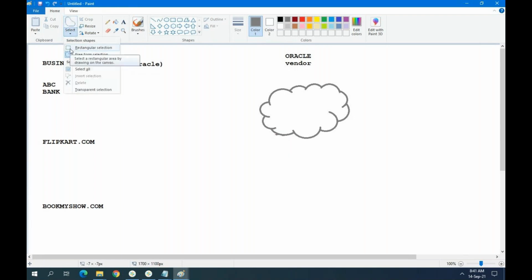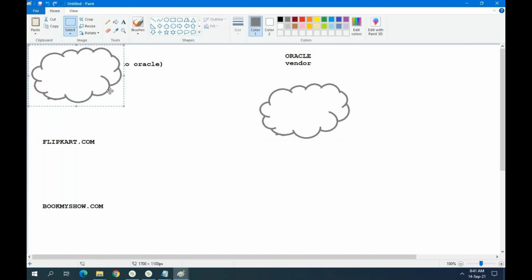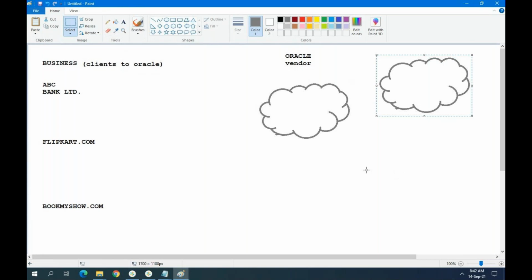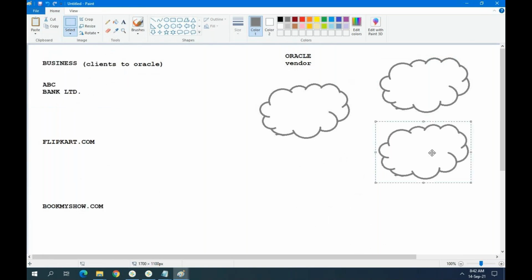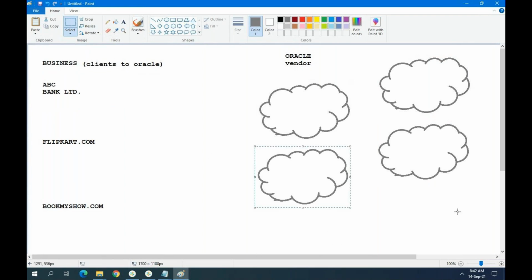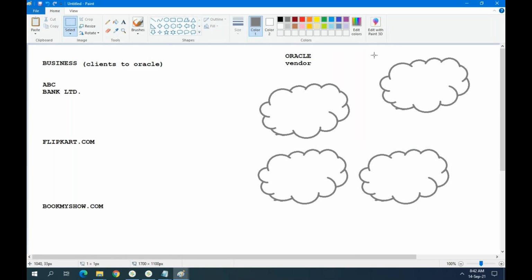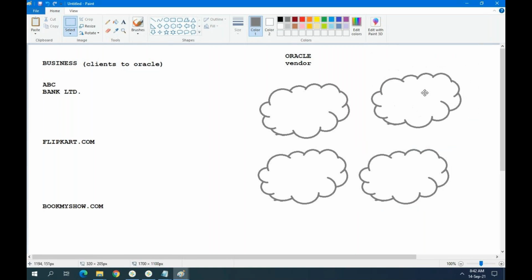Just it is a cloud. Fine. Similarly, cloud means a storage area. Another cloud, other cloud, another cloud. Like this, Oracle is providing some storage areas, storage locations. So all storages are available. Storage location means it's a system. Physical infrastructure is also provided by the vendor.